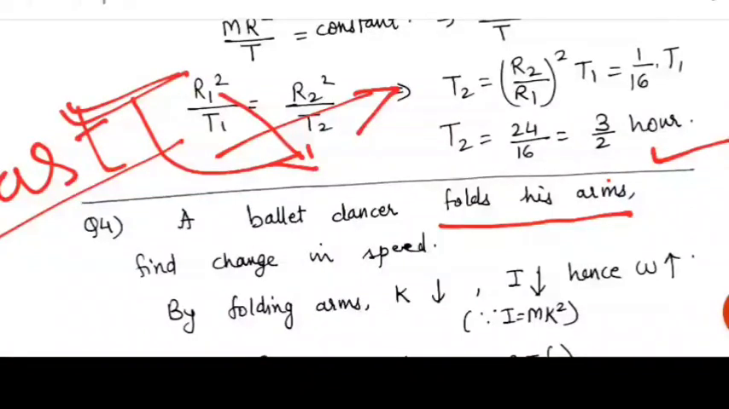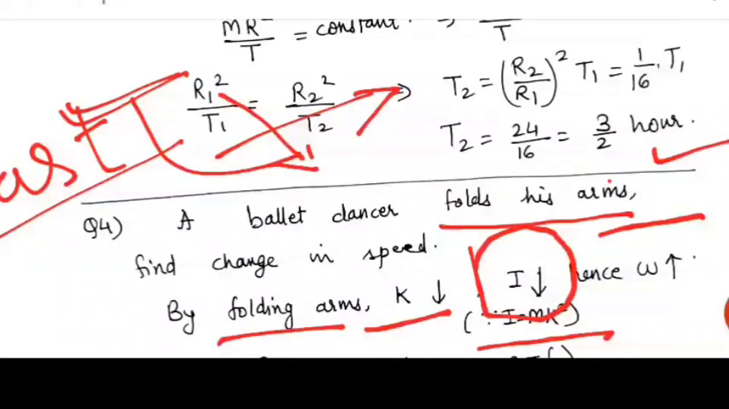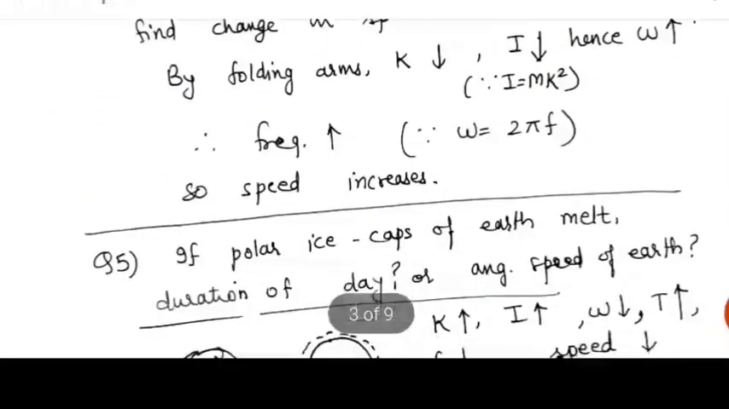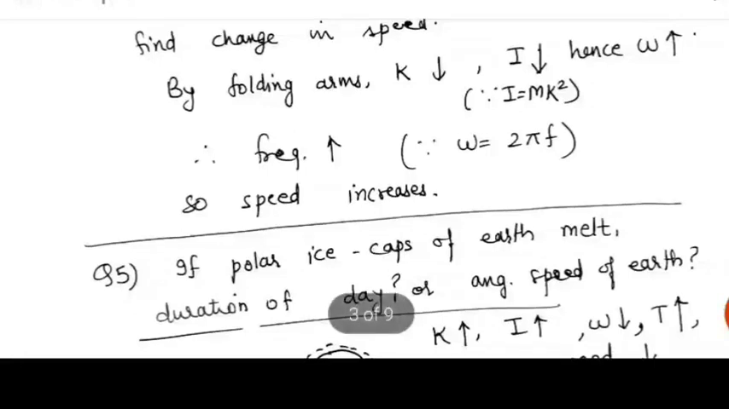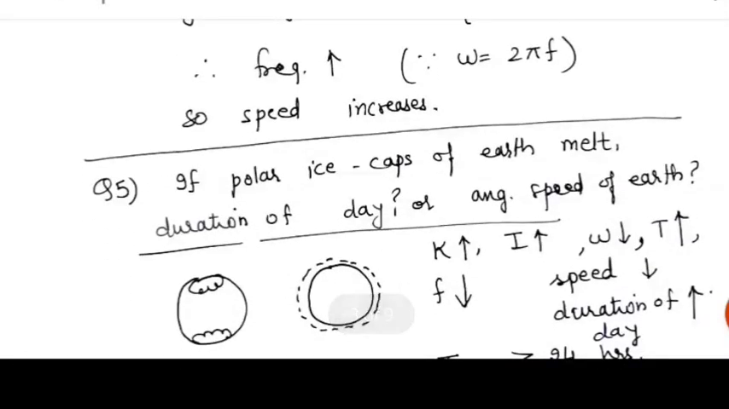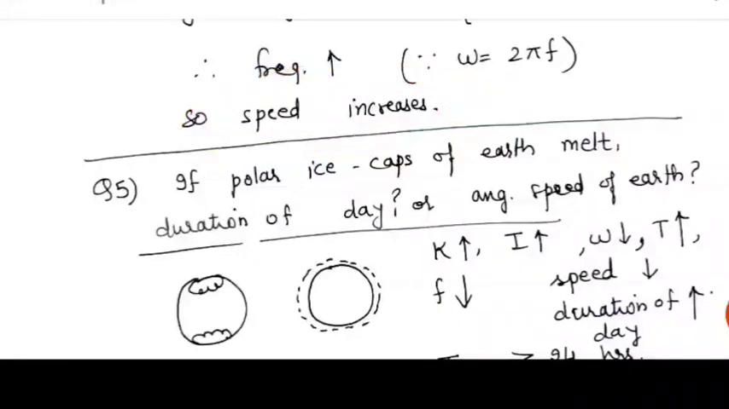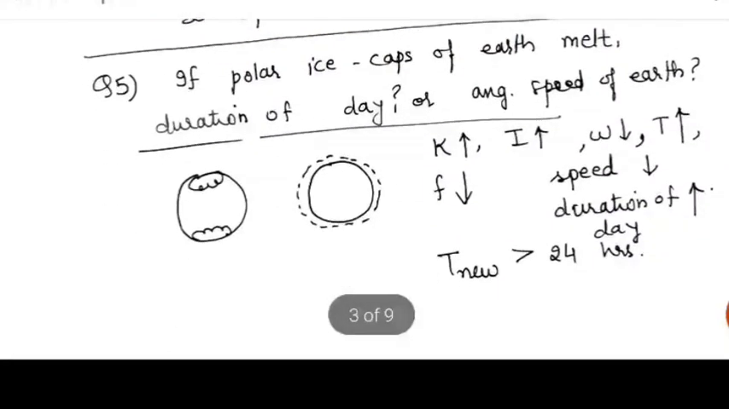As by folding the arm, the radius of gyration decreases, hence moment of inertia decreases because I is equal to mk². So omega increases as the product of I and omega was constant. So if omega increases, frequency increases, and hence the speed will increase. Now in the next case, if the polar ice caps of the earth melt,